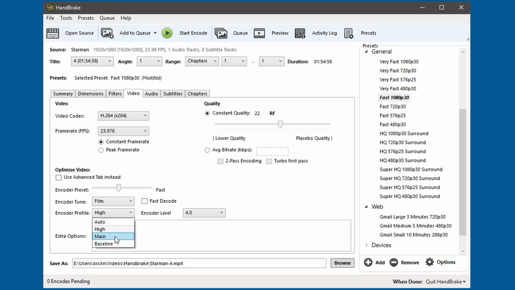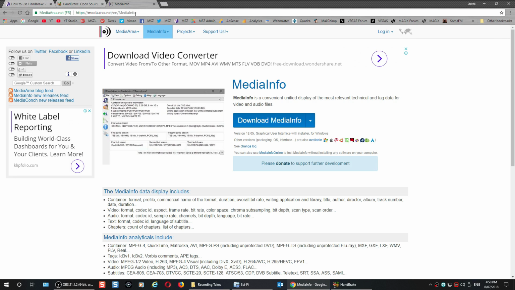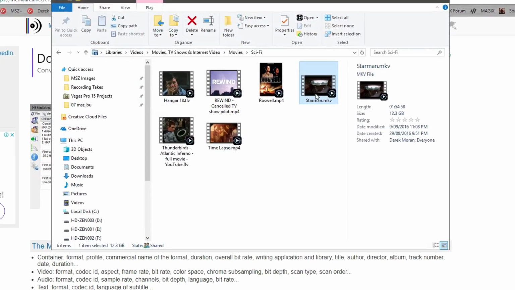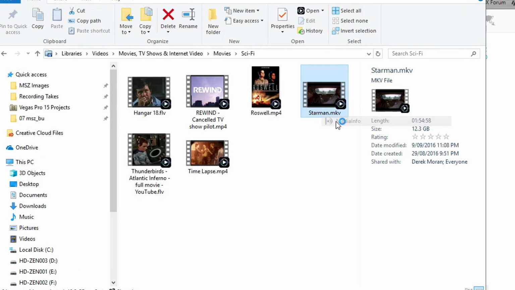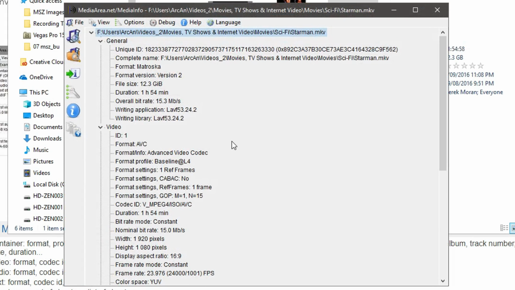But anything that I encode to main or baseline with any encoder level works fine. So that's another one of those areas that you probably would like to experiment with. If you want to get a bit of an idea of videos you own, what level they're using, I highly recommend, if you haven't already got it, to download the Media Info app, install it on your computer. Then if you go to any video on your computer, do a right click and select Media Info, you'll see what the video was encoded with.